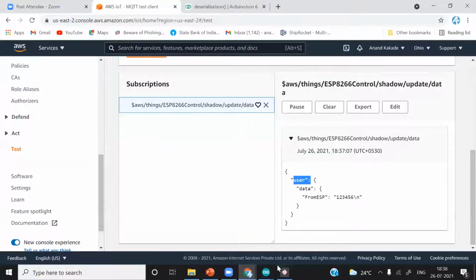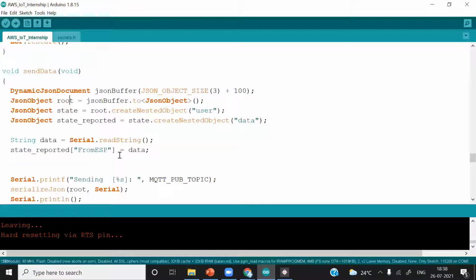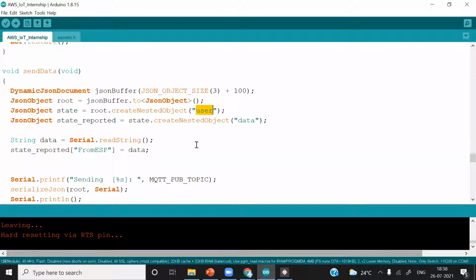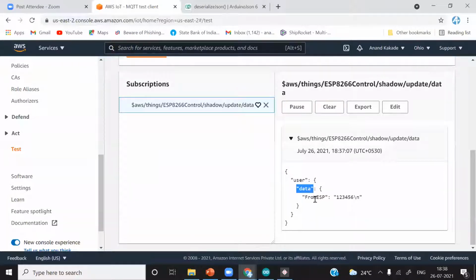You can see the user. So we'll just compare with the code. Close this one. The root object, root dot create nested object. So user. Okay, so user has to be first. You can see user. After that, again to this user, we have assigned this variable. So state dot create, again to that object where we want to create the next nested object as data. You can see we have created data, and again from data, if you do not want to create further labels